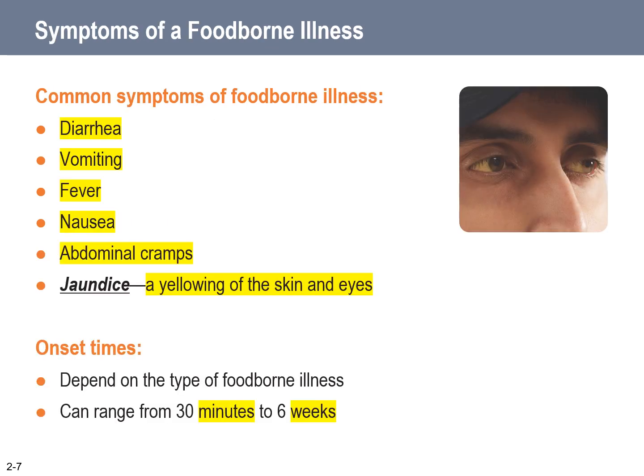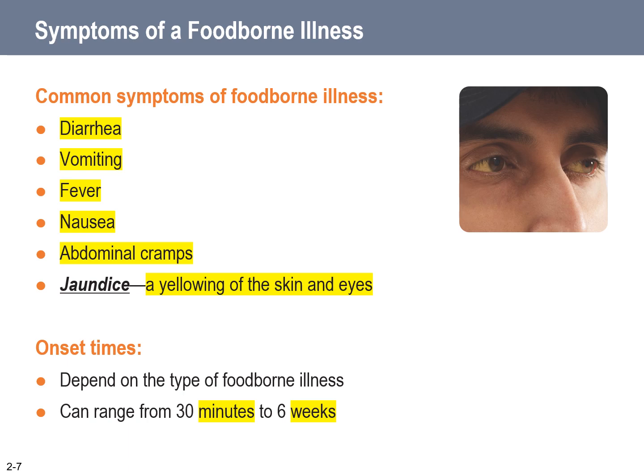So, symptoms of a foodborne illness, there are a lot of them. There is diarrhea, vomiting, fever, nausea, abdominal cramps, and jaundice. And jaundice is a yellowing of the skin and the eyes. As you can see, there's nausea and vomiting. They coincide with each other, but they can also be different. Someone can just feel nauseous, where they feel like they have to vomit,